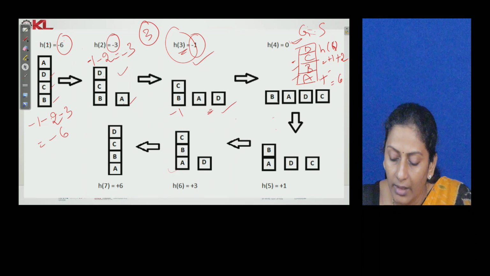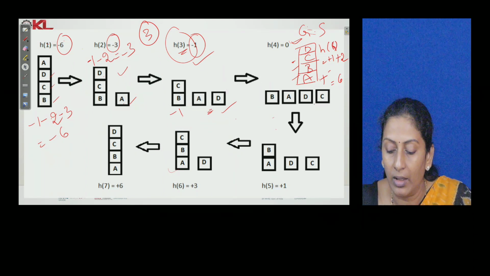Here in the support structure of each and every block there is nothing, no blocks are there. So my